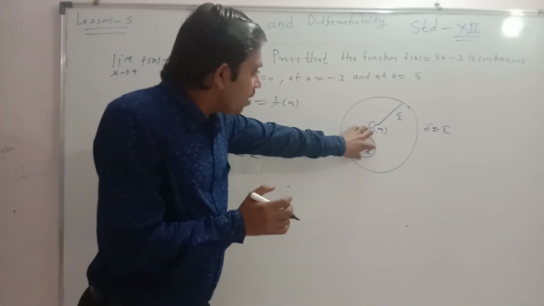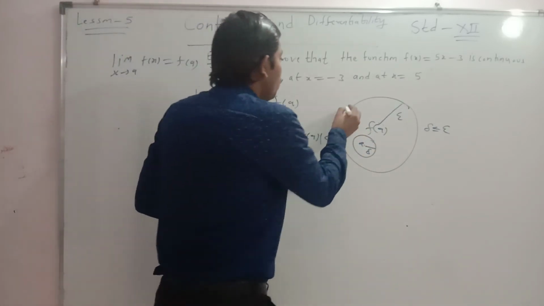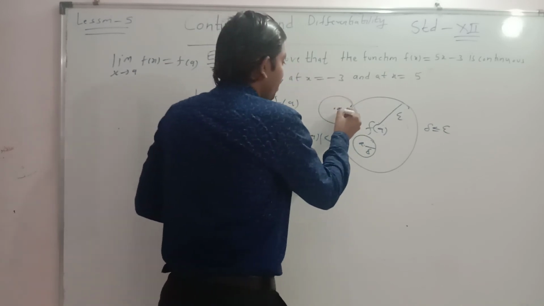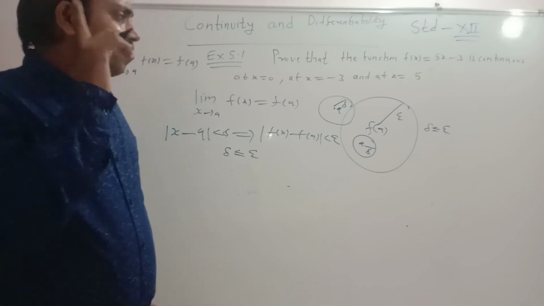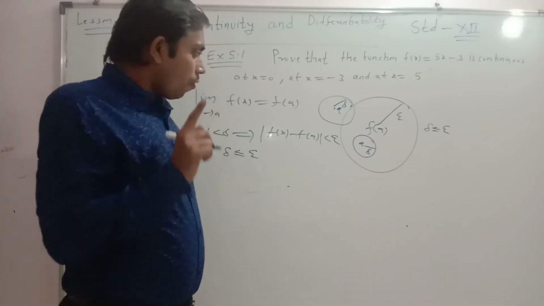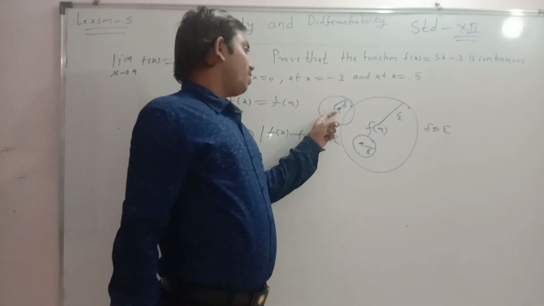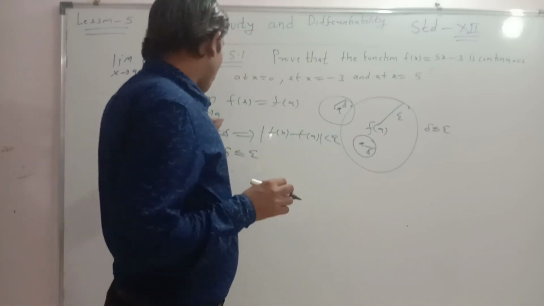If this sphere lies outside, with center a and radius del, then the limit will not exist, my dear students. So always keep in mind, if I talk in topological space, when the center in domain approach